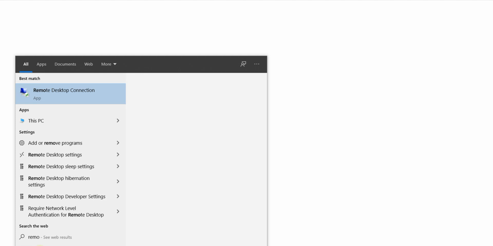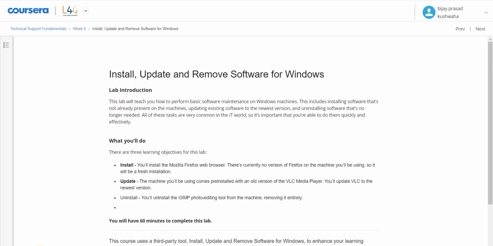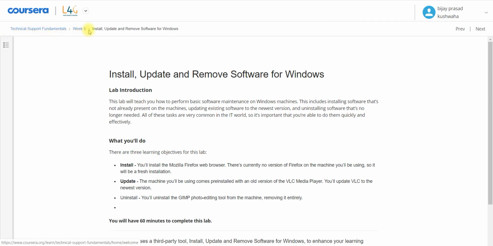So this is opening, and as you know well, we have to connect with a remote desktop to complete this assignment, because we are not going to do this assignment in the system itself. We are going to connect this system with a remote system, meaning another computer on the network, and we will perform the actions on that system from here itself. This assignment is from Technical Support Fundamentals week 5, and it is install, update and